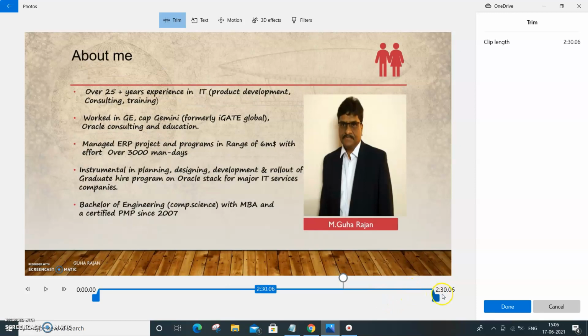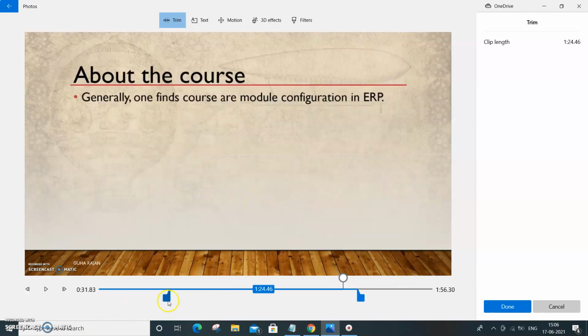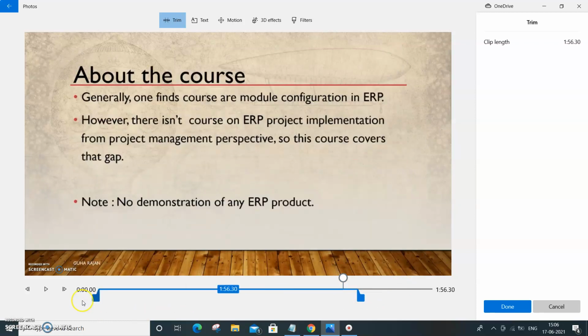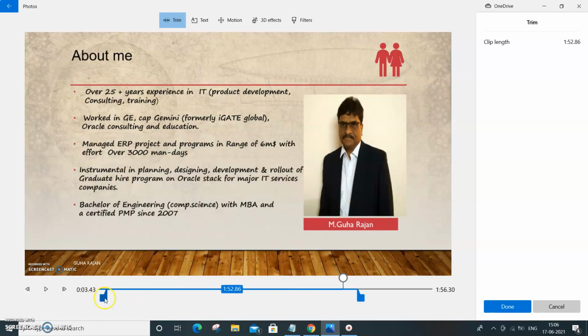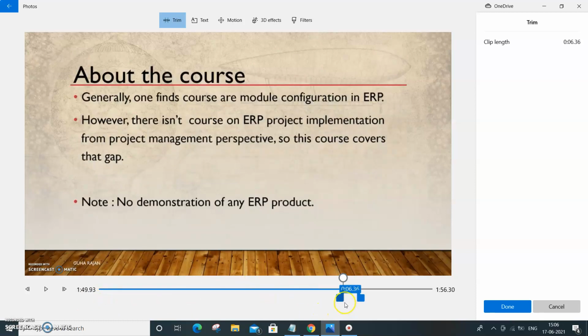So this is to the end. So if you want to reduce it, you can reduce it. If you want to take it this way, you can do that. So trim whichever. So if there is a long pause somewhere, you can